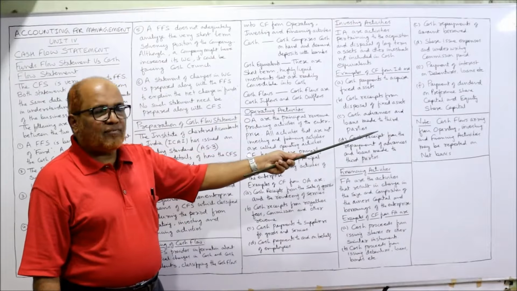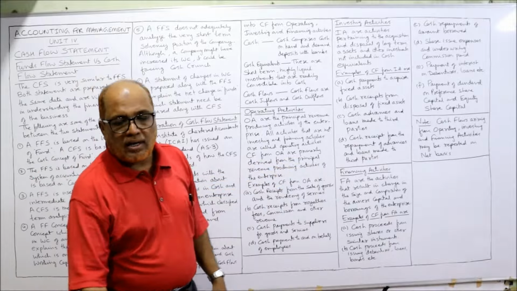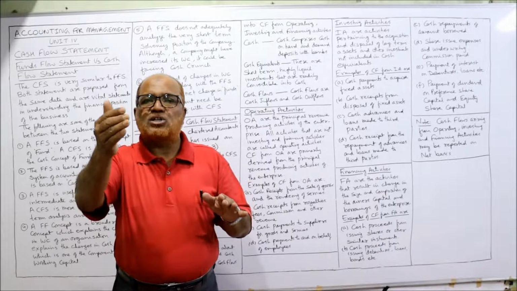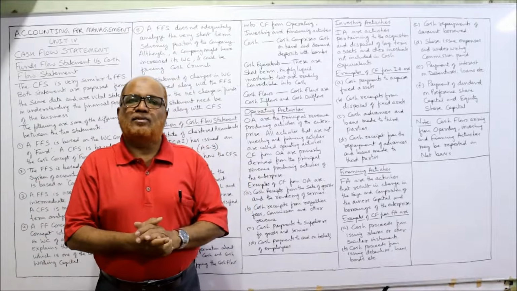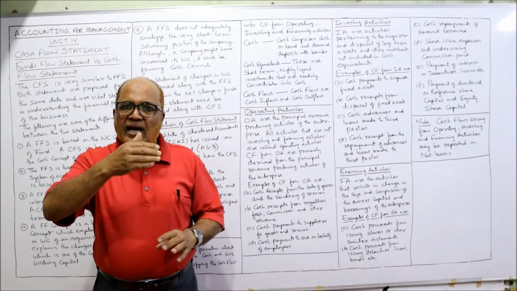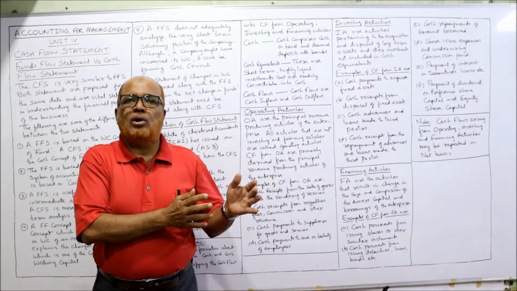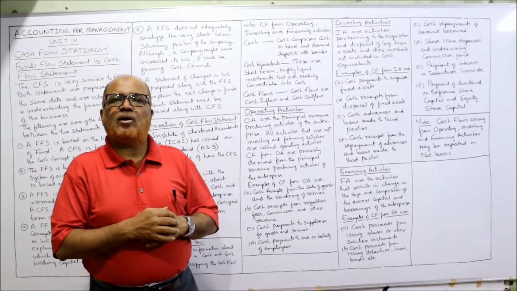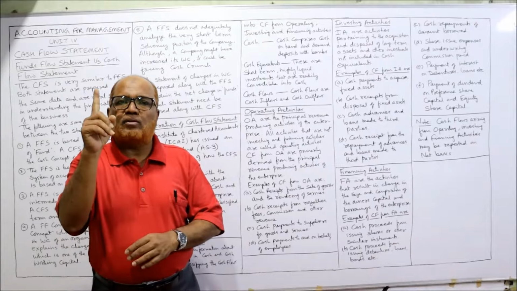Last one, note. Cash flows arising from operating, investing or financing activity may be reported on net basis. Net basis means we have to set off the cash inflow and cash outflow. Example, in case of investing activity, there is a purchase of fixed asset 10 lakh. So cash outflow is 10 lakh. Similarly, one old machine was sold for 1 lakh. So there is a cash inflow of 1 lakh on selling the fixed asset.